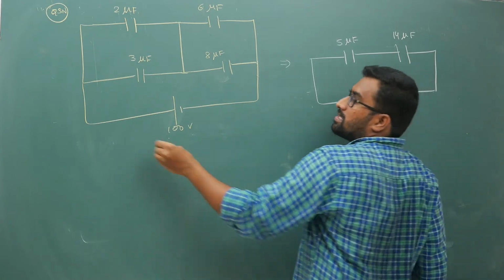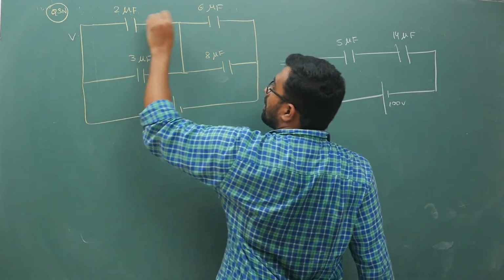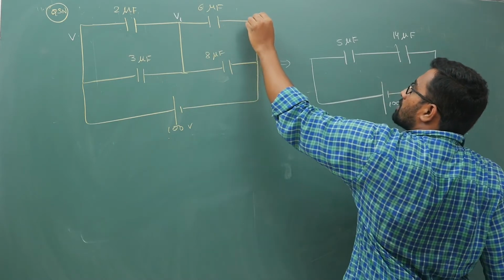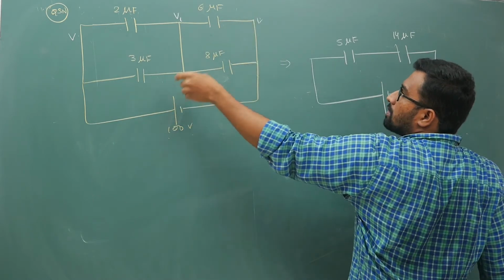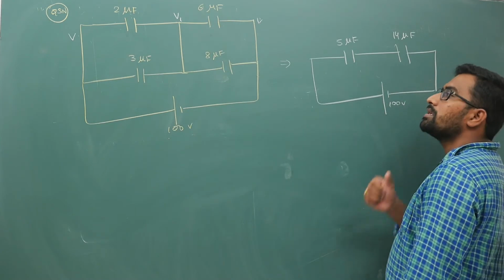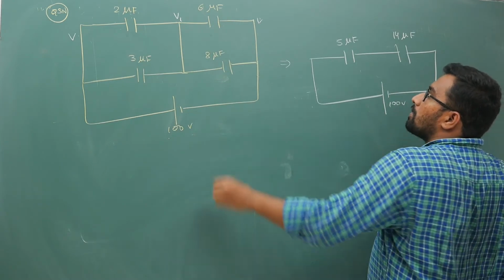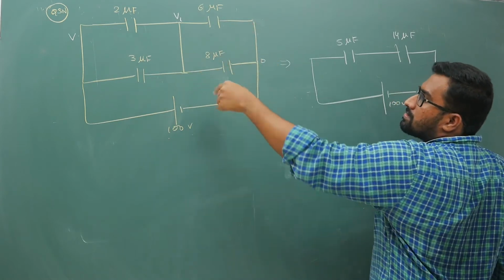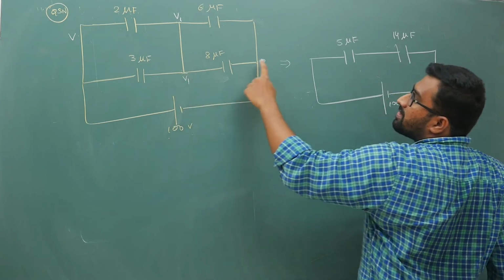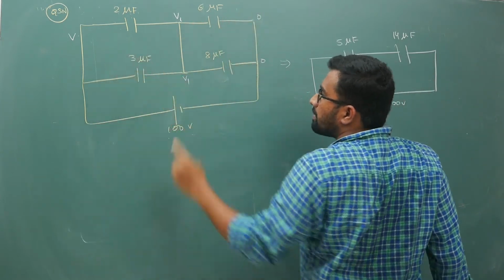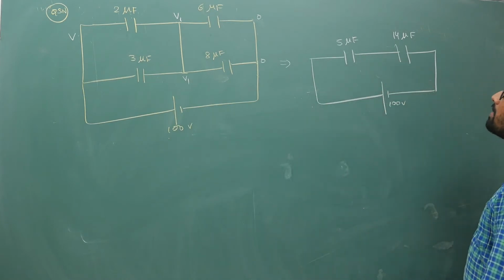Here the potential difference, if you mark it as V here and V1 here, and some minus V or some 0 volt, something like that, you are going to get the answer so easily and directly. So this side it will be 0. V and 0, some V1 here. So the potential difference is V1 minus 0 here, V1 minus 0 here. It is V minus V1, V minus V1. So that is why 2 and 3 are in parallel.